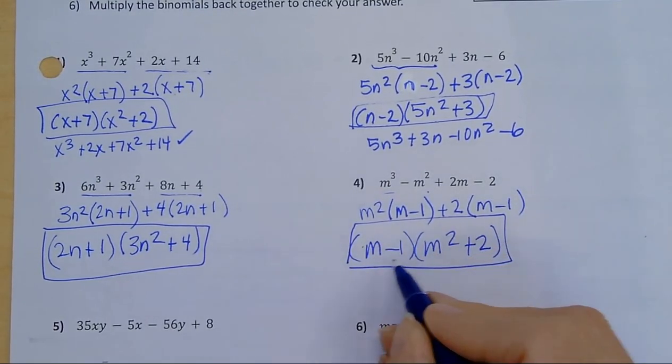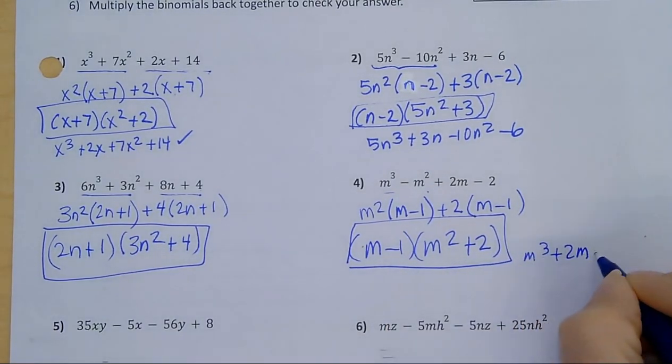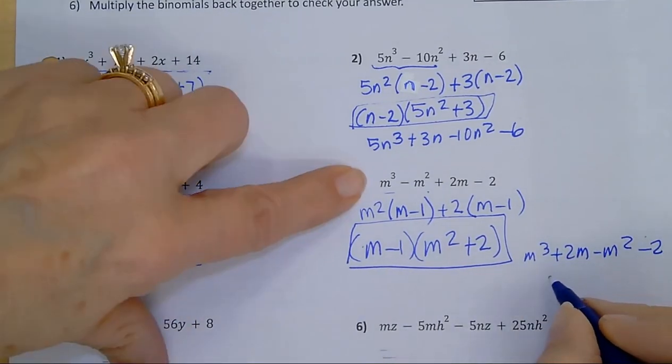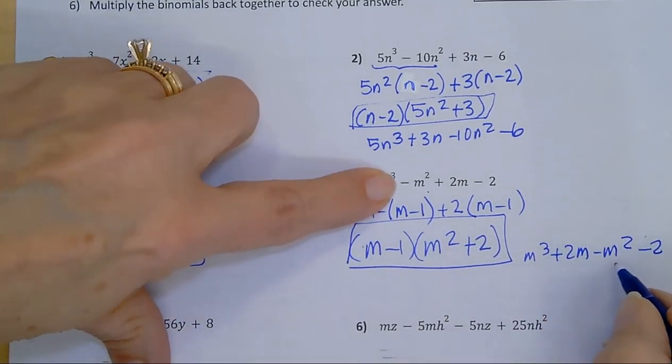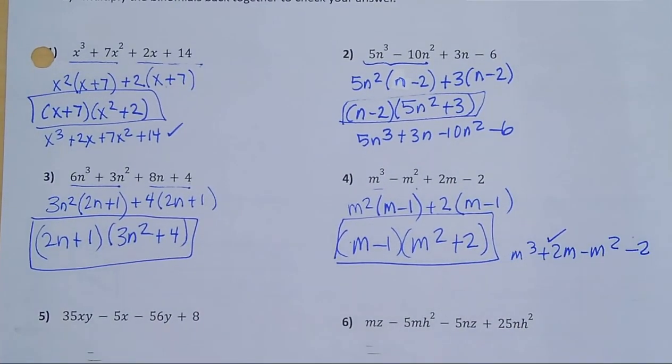If I check it, m times m squared is m cubed, outer is 2m, inner is negative m squared, last is negative 2. So I know this is out of order, but m cubed minus m squared plus 2m minus 2. Check, check. All right, so